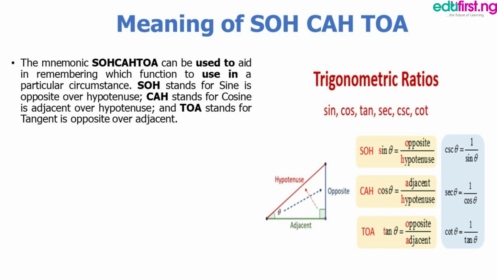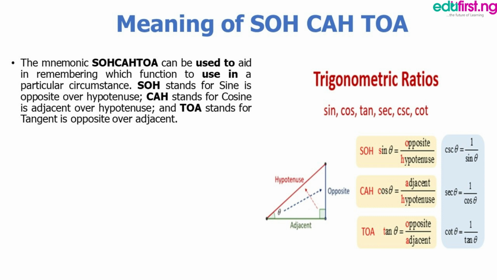So for each syllable, looking at the diagram, the first letter here is S, which is sine. So sine theta, where theta is the given angle here. We might not be given theta in all circumstances. The angle can be anything: A, B, C, D, alpha, gamma, and the likes. Here we are given theta. So for sine theta, the first letter indicates the trigonometric ratio, which is S, sine of the angle. The second letter will be the one at the numerator, while the third letter will be the one at the denominator. So sine theta equals O, opposite, over H, hypotenuse.